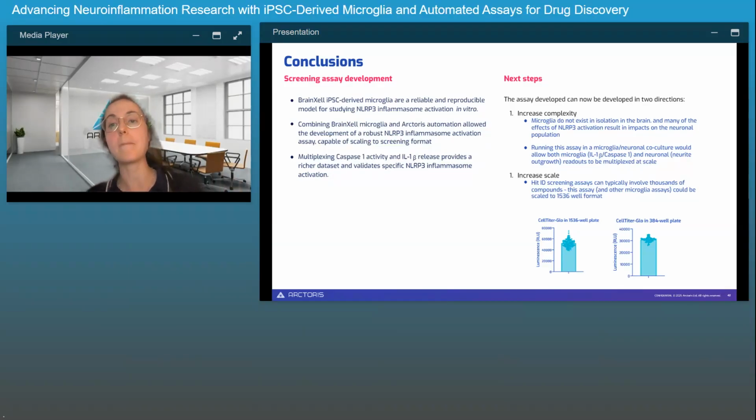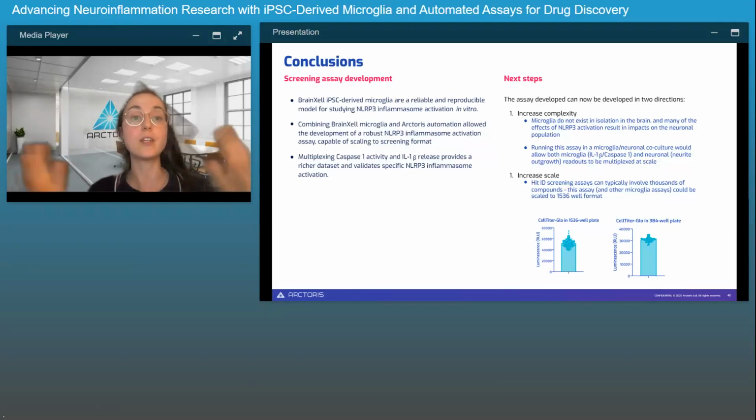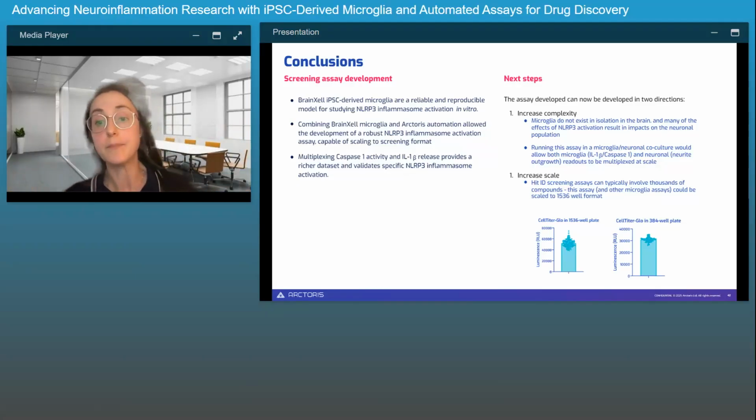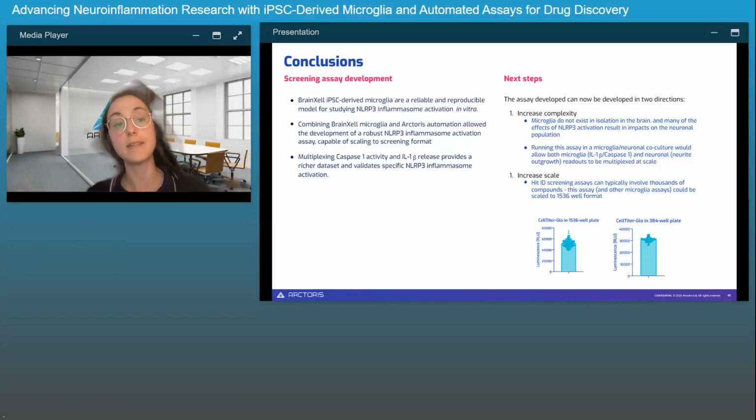All the experiments I've shown so far were performed in 384-well plates. So our goal now will be to lower the scale and increase the throughput by doing this assay in 1536-well plates. This will decrease the time needed to screen compounds and increase the data we are generating. We've done some preliminary assays growing the microglia in these 1536-well plates, and we've gotten very promising results so far. So we'll be excited to see whether we can do this in the future